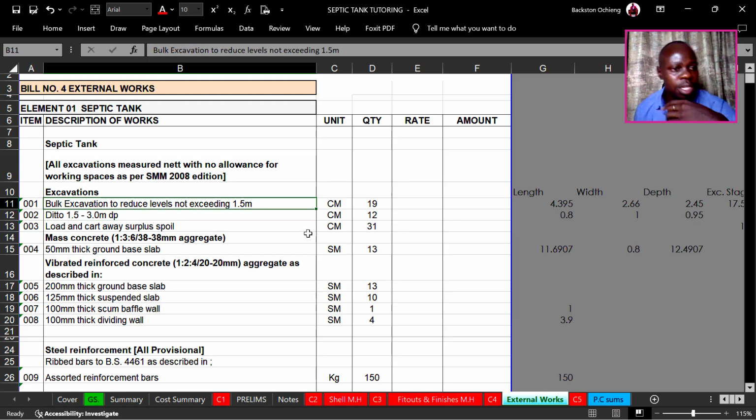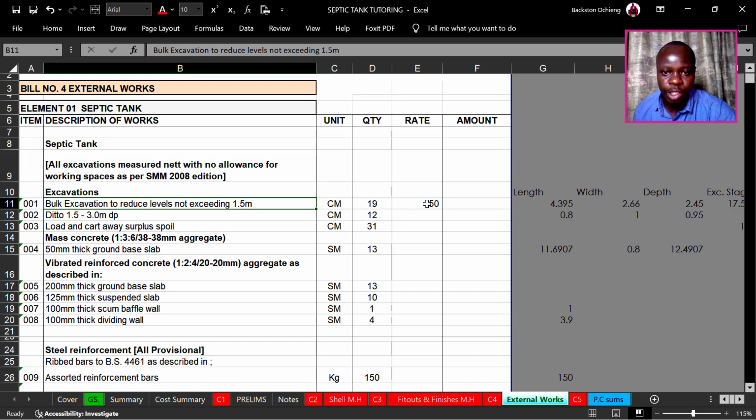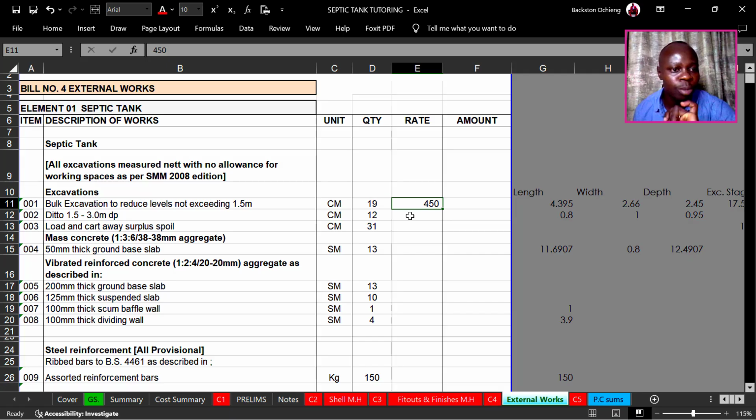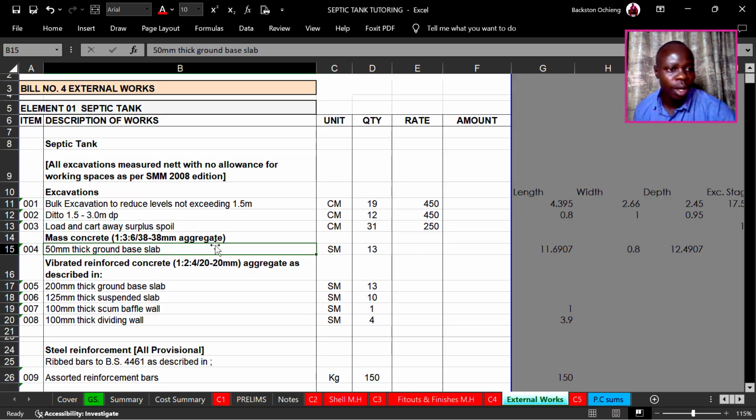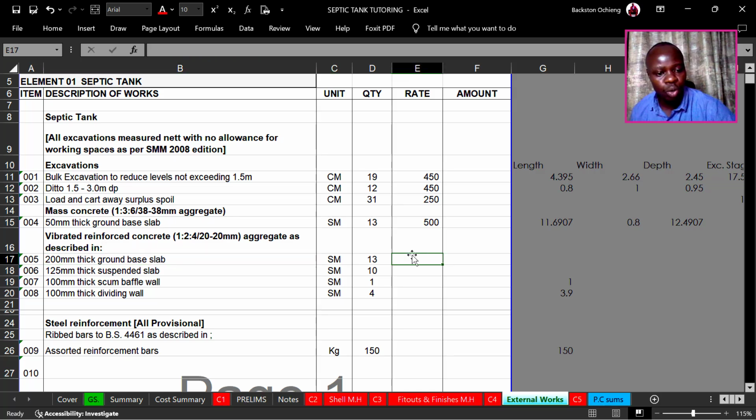So excavations, bulk excavations we'll do 450 per kg. I mean per cubic meter, sorry. Then we do the same for the next. And then loading and carting away, say 250. Mass concrete, we can do 500. Then class 20 concrete, we can do 12,000